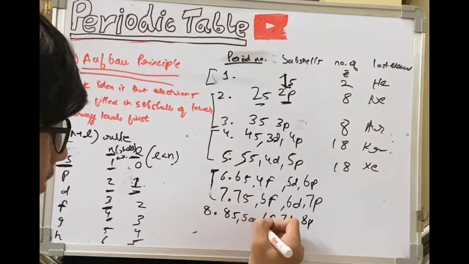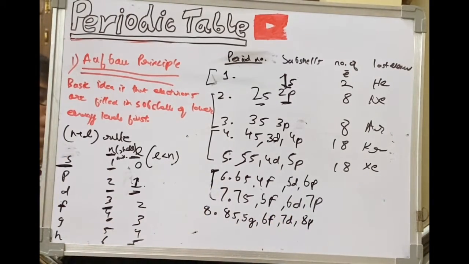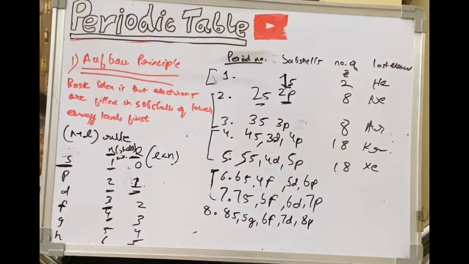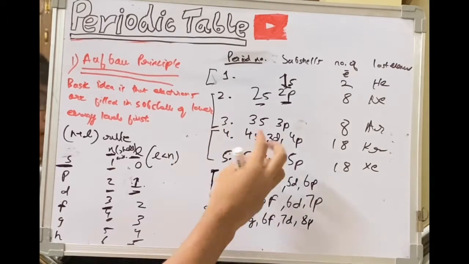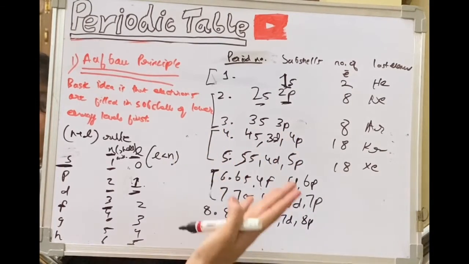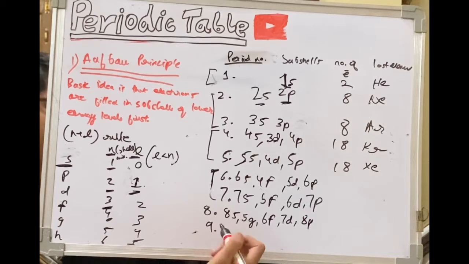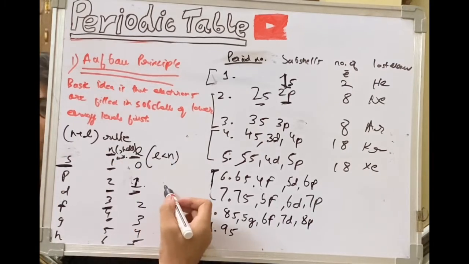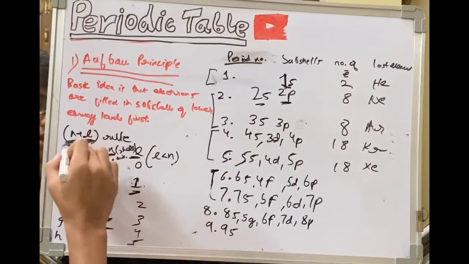This will be 5g. We have done this because, as you can see, these have numbers of orbital subshells: 1, 2 and 3 have 2, 4 and 5 have 3, 6 and 7 have 4. So 8 and 9 will have 5. So it will be again in this pattern. You can cross-check the energy levels if you want. Energy level is denoted by n plus l.